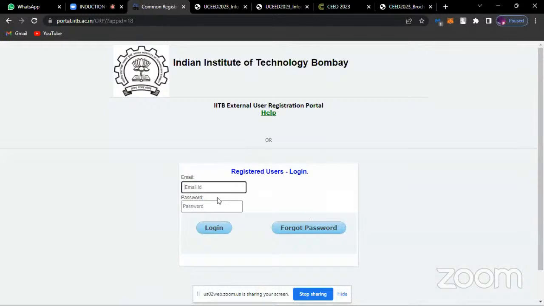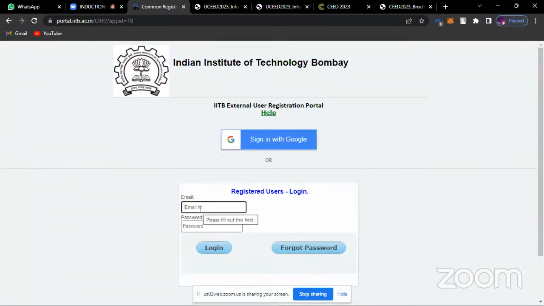All right. After logging in, you just have to write down your information, your email ID over here. You will also set a password in the previous process. So you will just do that and log in, and then you will start uploading all your documents. It won't take more than 5 to 10 minutes if you have all your documents ready in your hands. And it's not more than 4 to 5 documents that you will be needing over here.